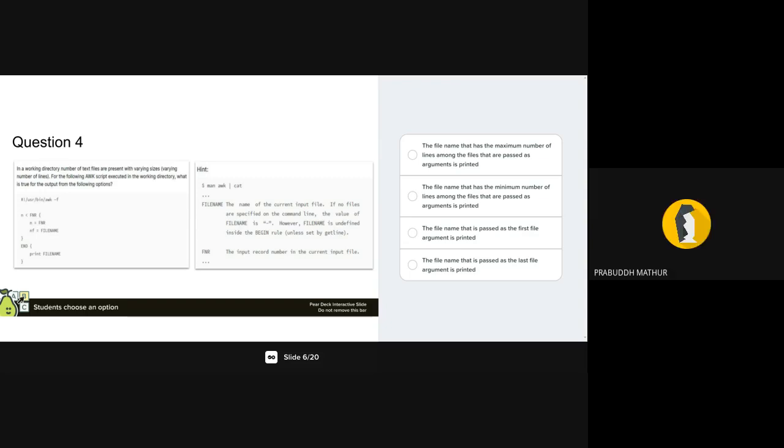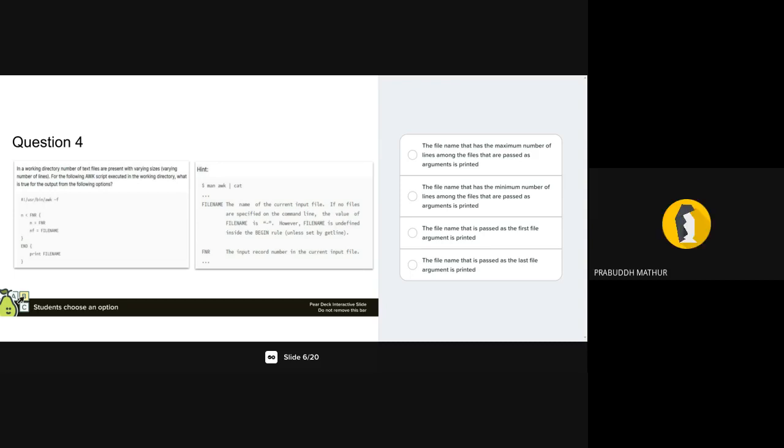Yes. But have you seen the options given to you? In the END section, you are not printing NF. You are printing the file name. So what would be the optimum solution for this? Whatever is going on in the iterative block doesn't even matter, because in the end we are just printing the file name. You're right. Which option would be most suitable, with a minimum number of lines? Option B, sir.